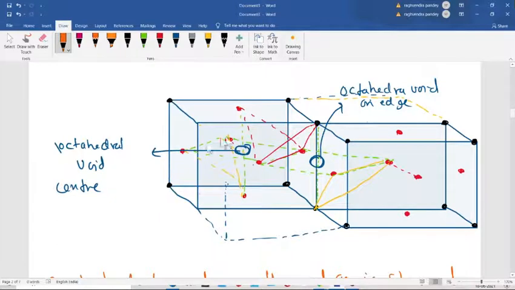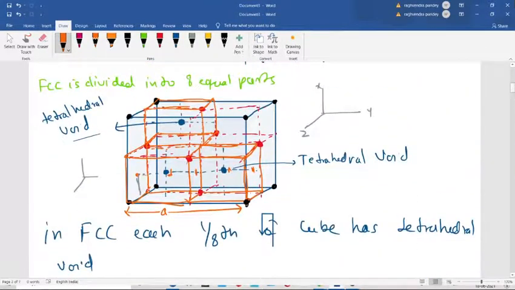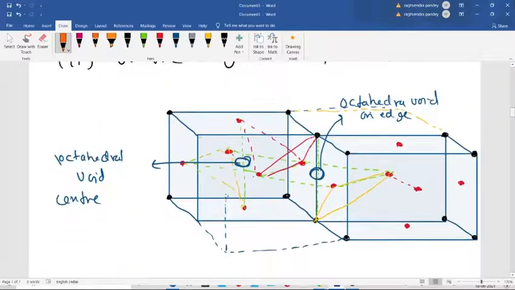Coordinates you can do with the x, y, z axis, so you can calculate the coordinates. At the center, no problem. At the edge, you have to see. This is complete FCC, one complete FCC, one complete FCC here.